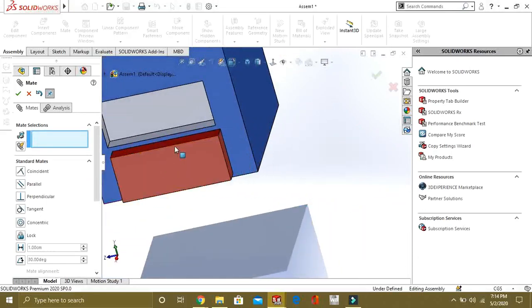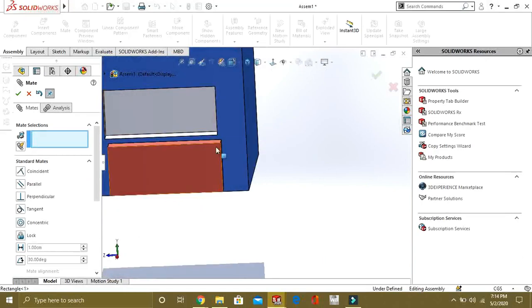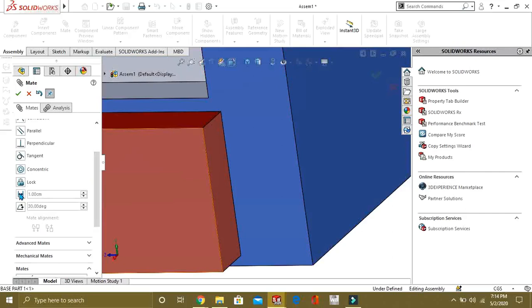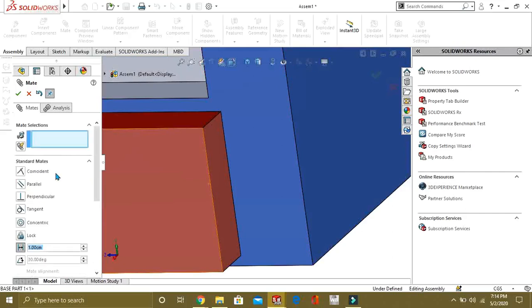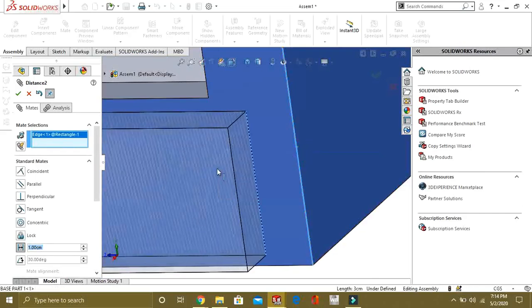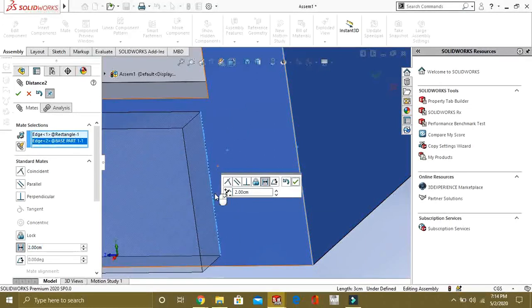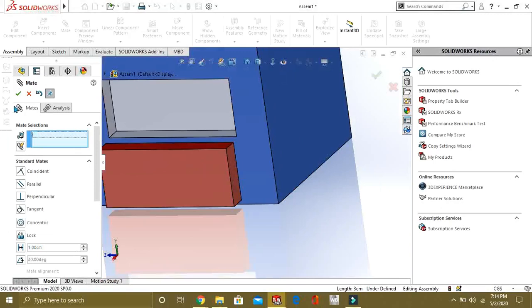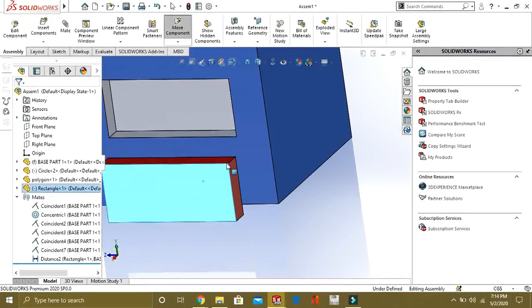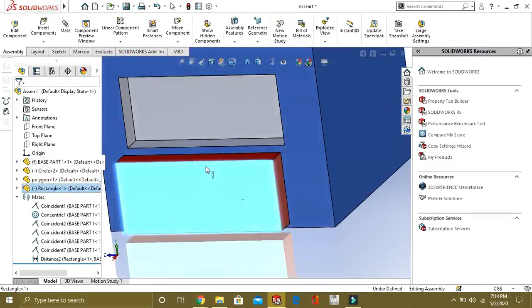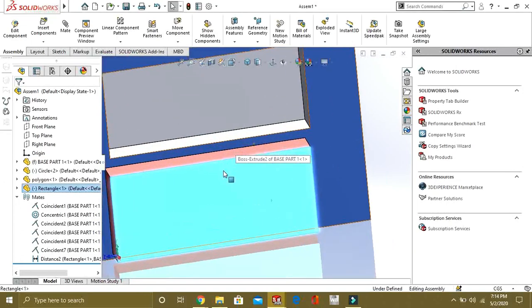Now you can see that these two faces are coincident with each other. Now to add distance, we will go to the distance mate and select it. Select this vertex and this vertex between which you want to give the distance. Give 2 centimeter here. Select OK, and now you can see that our distance has been applied and we cannot move it other than 2 centimeter. So this was our distance command.